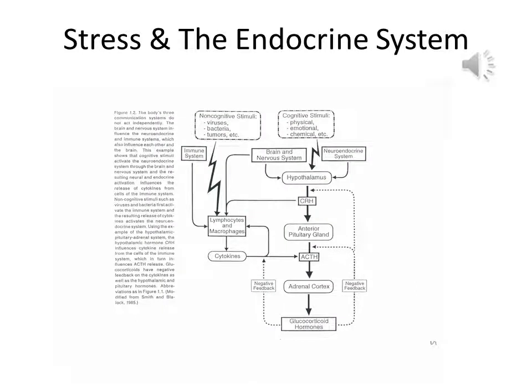This is a pretty good roadmap for this metabolic degradation process. This is from an endocrinology textbook. It shows that the problems that are developing can emerge either from a cognitive stimulus, that's physical or emotional, or from a non-cognitive stimulus, which is viral, bacteria, or tumors. And the response of the body to these stimuli is increased adrenal activity and elevated cortisol levels that impact the hypothalamus and the hippocampus and suppress immune function.